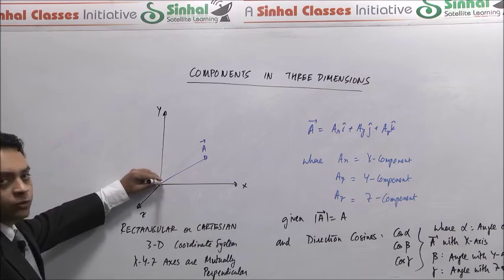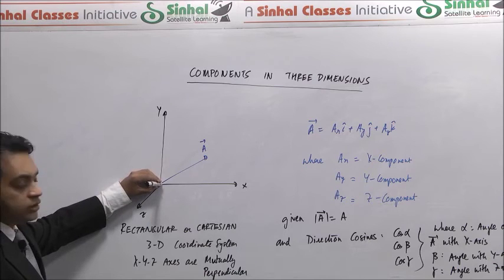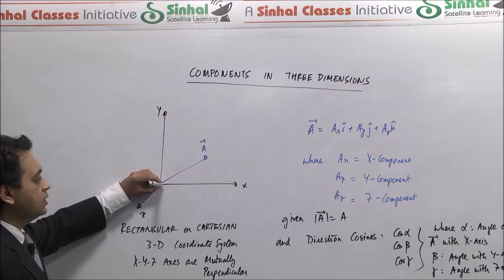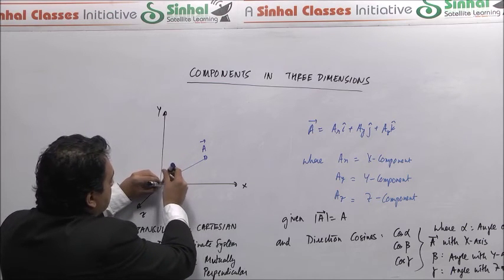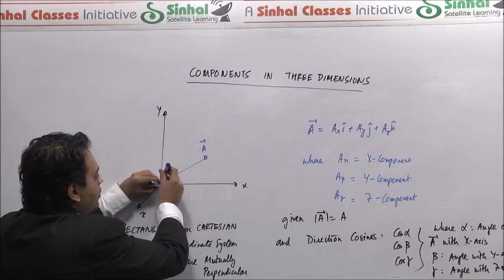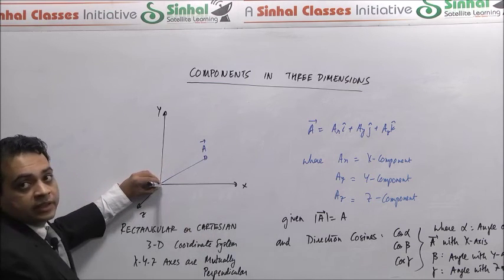So this black pen would represent the z-axis, okay? And the vector A over here, though it looks in the diagram like it's in the two-dimensional xy plane, it's not. We are basically expressing it as a vector which is neither in the xy plane nor in the yz plane nor in the zx plane. It is basically lying in an arbitrary direction like this, okay?